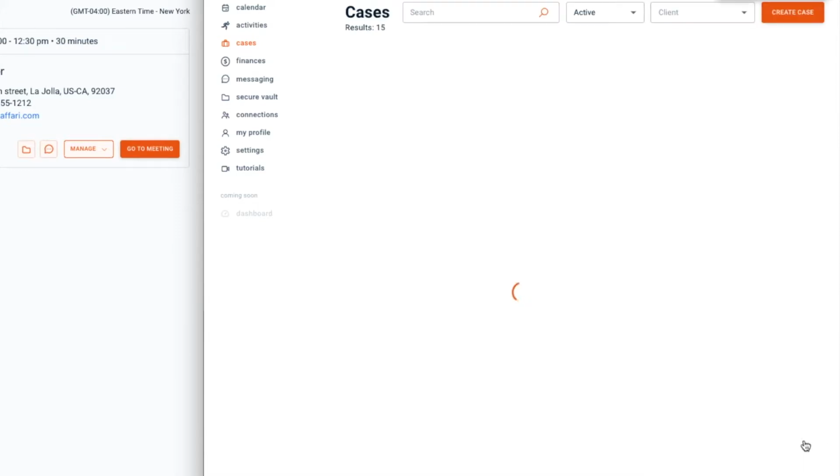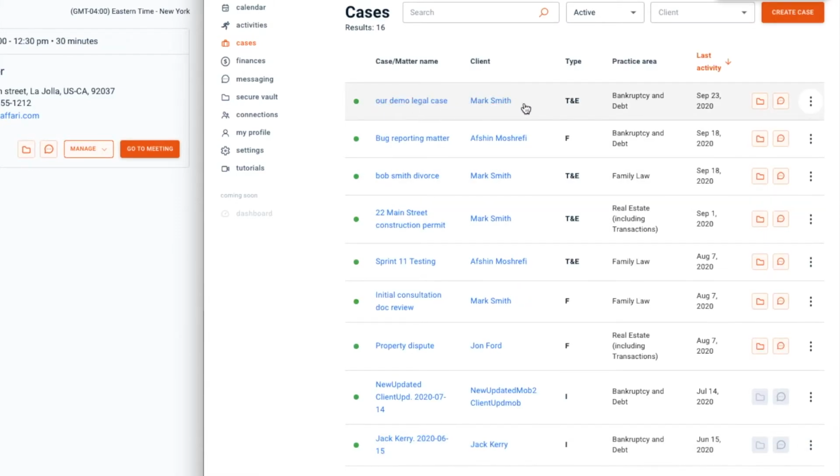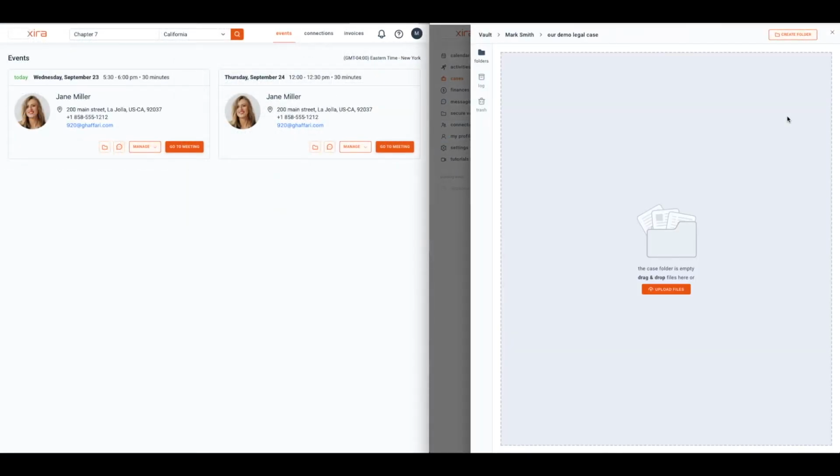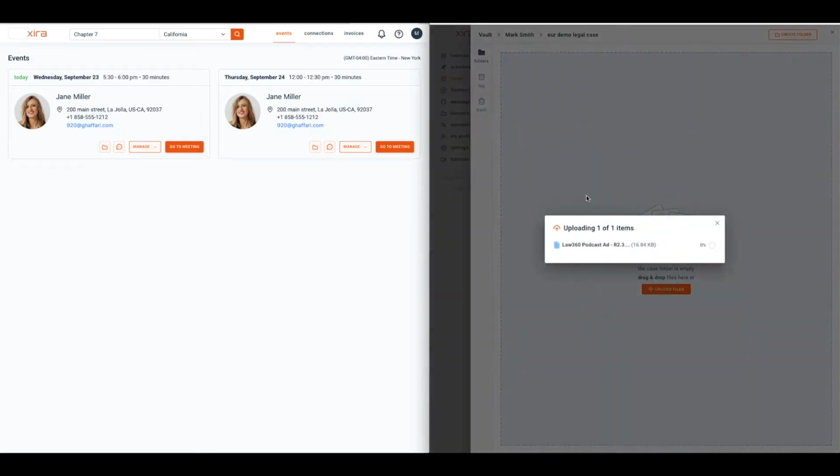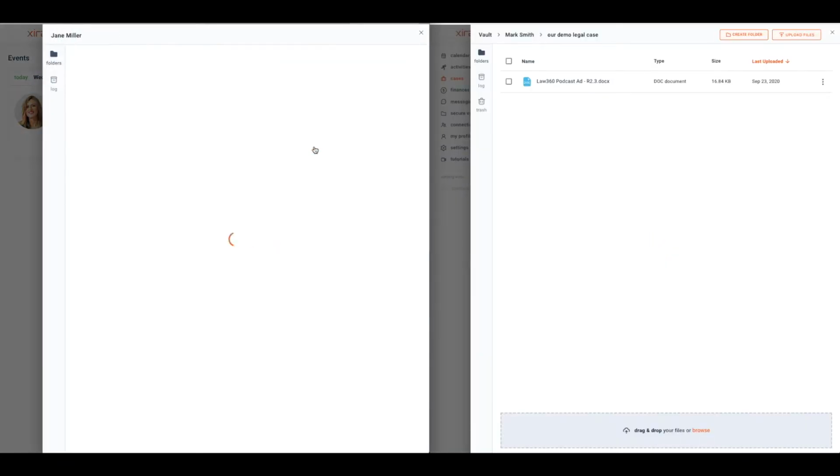Now Jane has finished creating the case. Here you can see the case that Jane just created. There is a document folder associated with each case. Jane can drag and drop any document in the folder. Once Jane adds a document to Mark's case, Mark can see the same document as shown on the left of